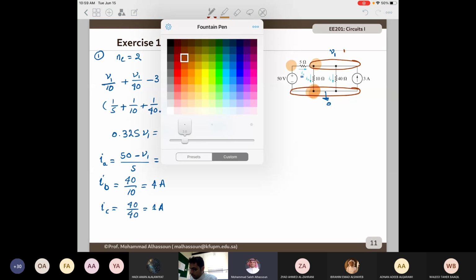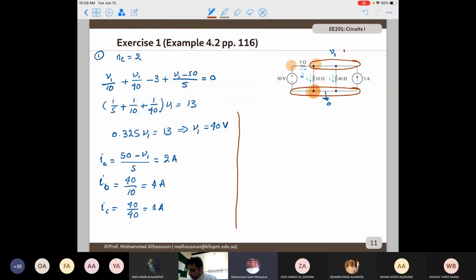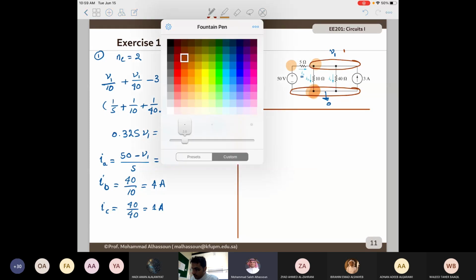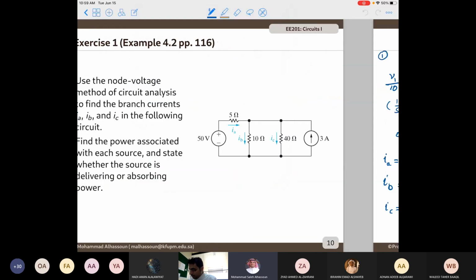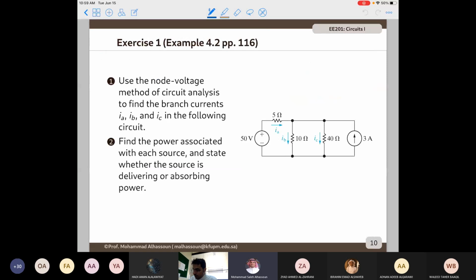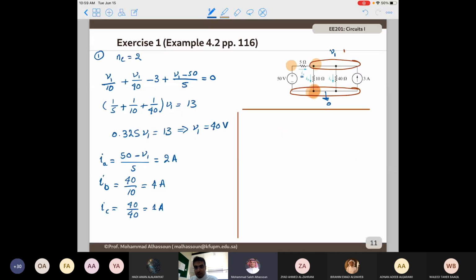Okay, so now let's go to the second part, which is asking us to calculate the power. So we need to find the power associated with each source and state whether the source is delivering or absorbing power. So let's start with